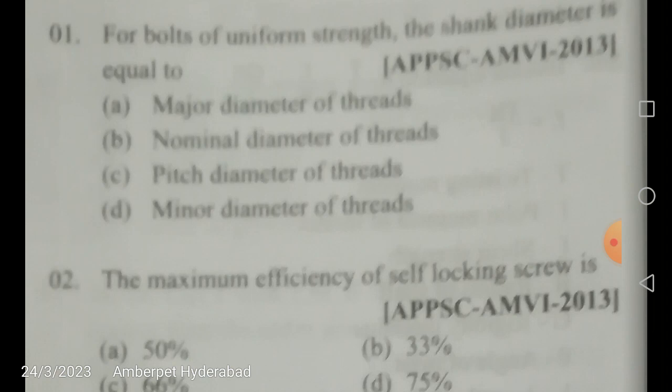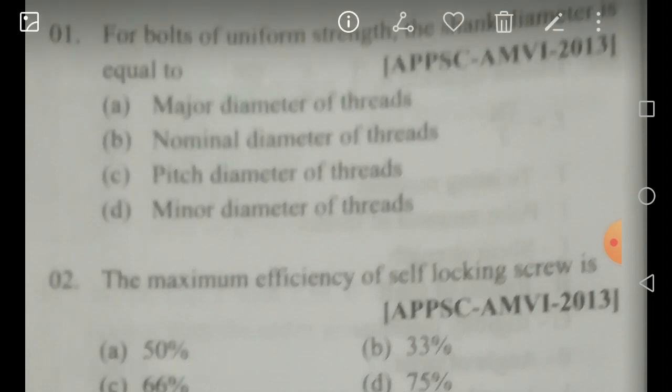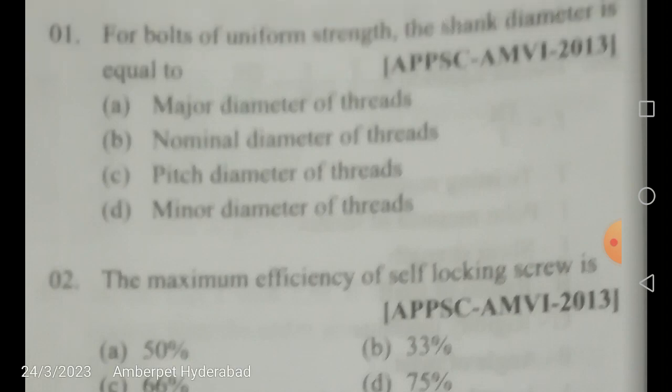D. In normal situations where bolts are subjected to shock or impact loads, the stress in the threaded part of the bolt will be higher. Why? Because the material is removed, because it is threaded. How is thread formed? It is formed by removing certain material from the cylindrical portion. So definitely in that portion, the stress will be higher than that in the shank.